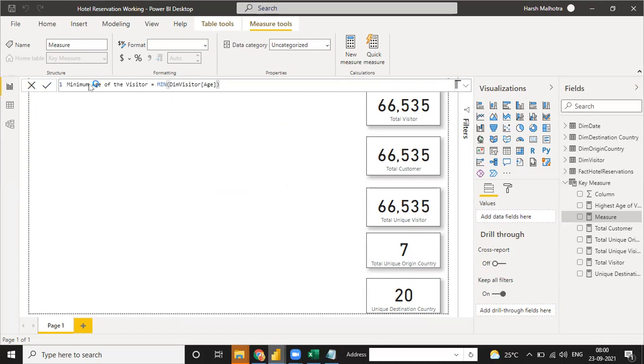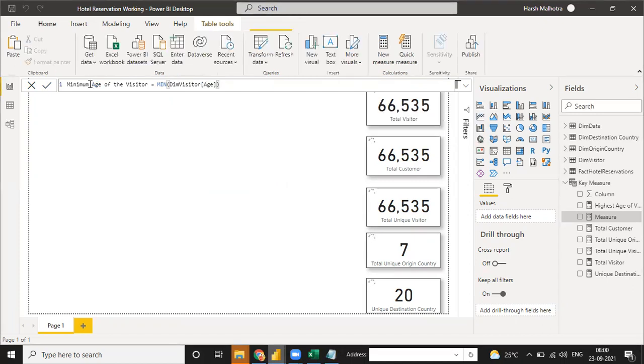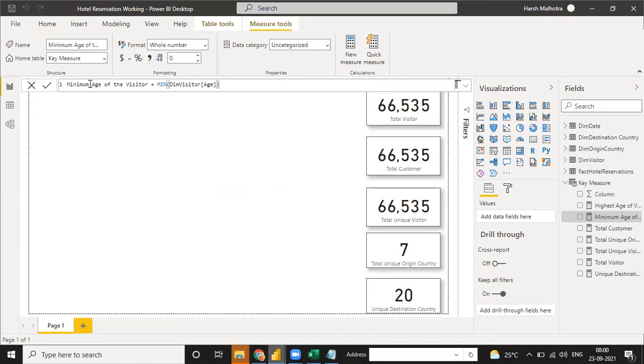See, in this Power BI you cannot use a row reference or a column reference. You just click on column name only, column name as well as table name only. So minimum age is also done. Now click on new measure. You can put it as total number of, like, average.